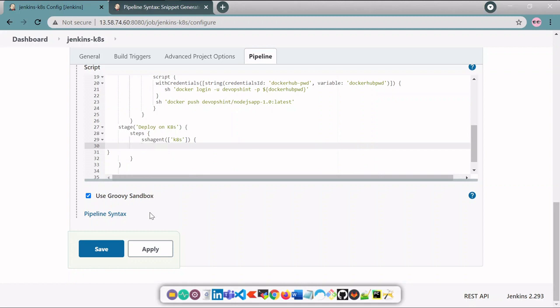So now we will add one shell command which will copy our Node.js app.yml file to the Kubernetes cluster.